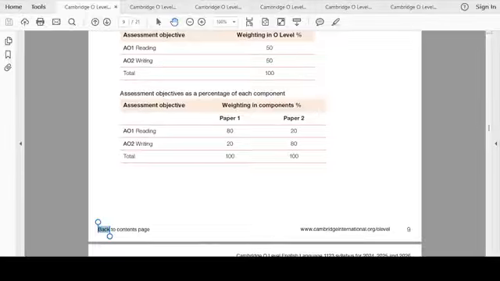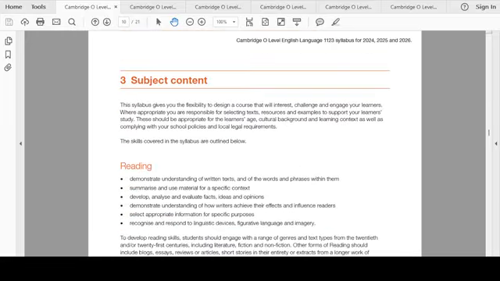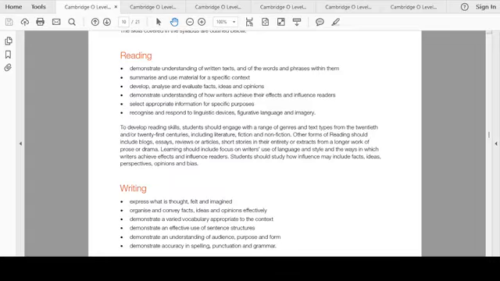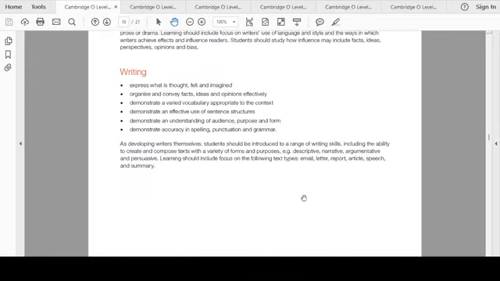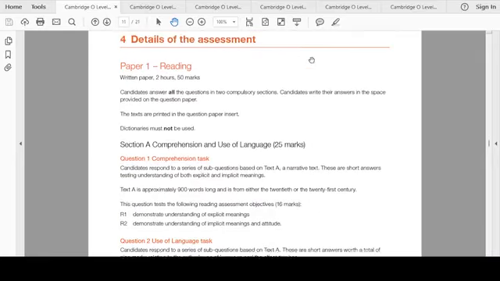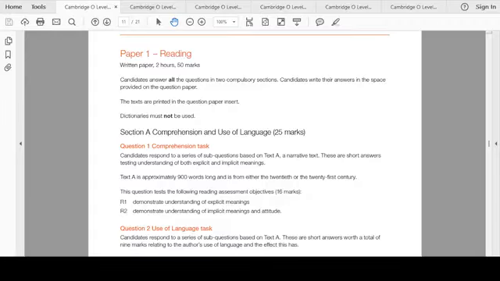As you can see, paper one is the reading paper, but it has 20% weightage for writing as well, and paper two is the writing paper, and it has a 20% weightage for reading as well. Now, moving on, this is pretty much what we already discussed in slightly different words. Details of the paper,